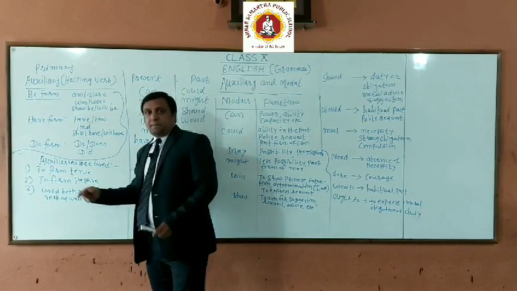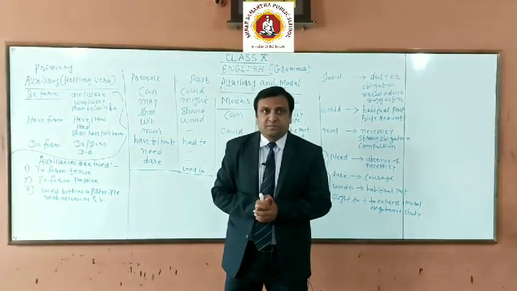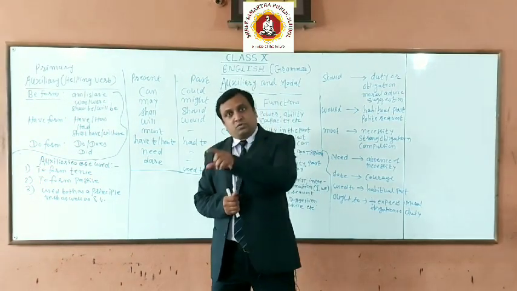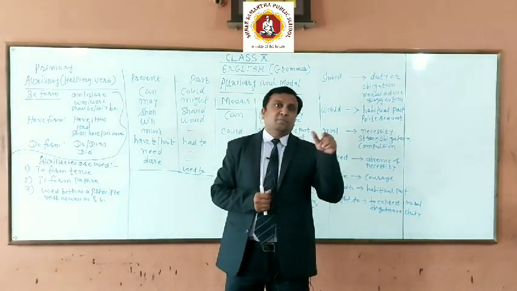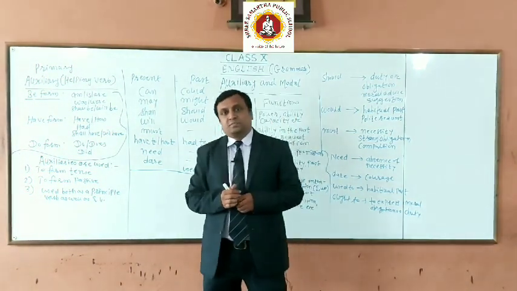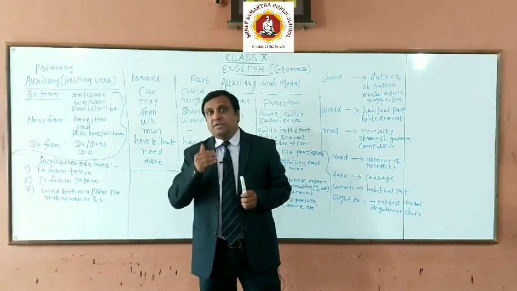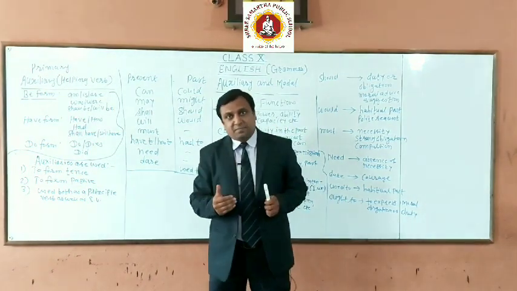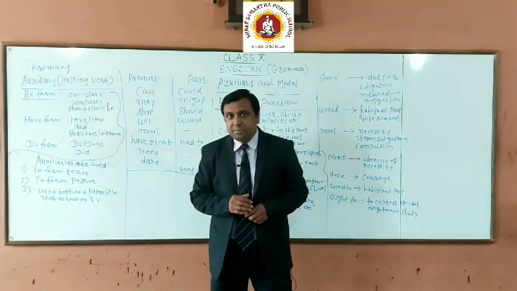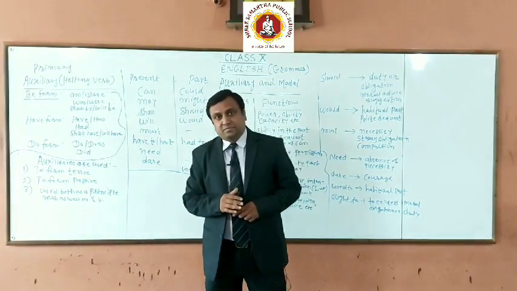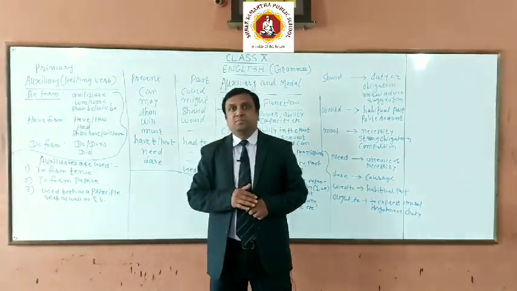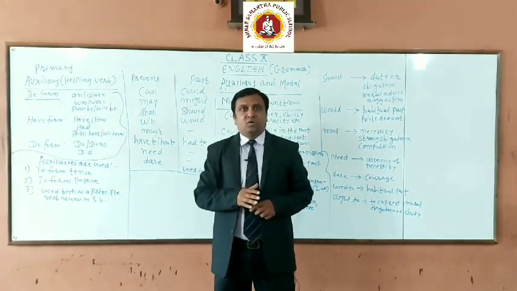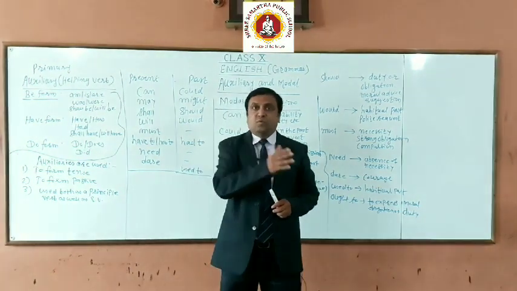Second important thing about the auxiliary verbs is that auxiliary verbs are used to support the main verb as well as a principal verb. For example, I am a teacher. Here am is a principal verb. And second sentence, I am teaching English grammar. So here am is a supporting verb. He is a good man. Is is the main verb, principal verb. He is always helping others. So here is is a supporting verb.